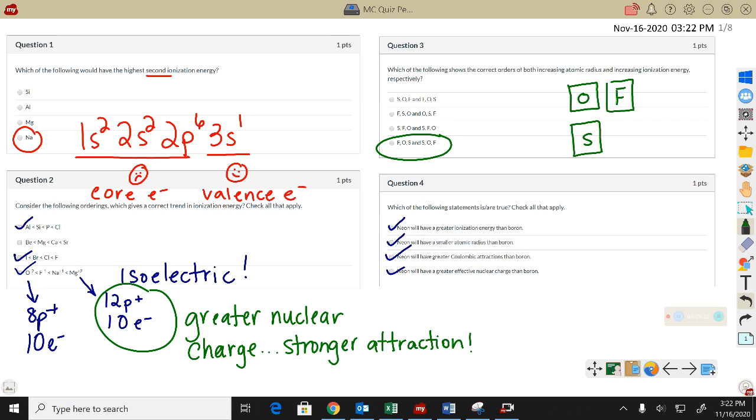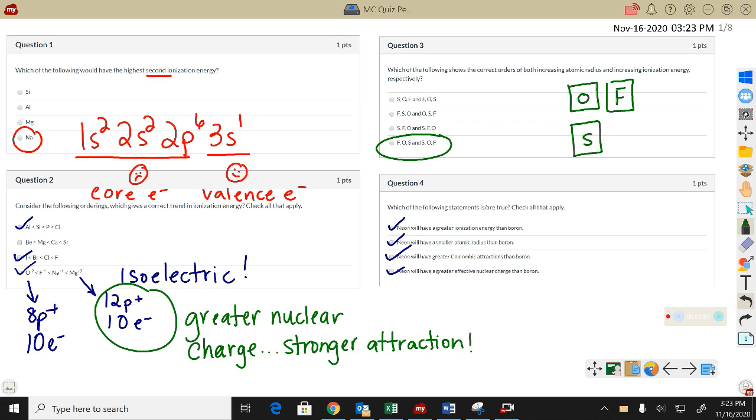But then between oxygen and fluorine, fluorine's got an extra proton, an extra electron. That's going to create a stronger Coulombic attraction, right? When the charges are stronger. And so fluorine's going to be a little bit smaller. And so my trend would be fluorine the smallest, then oxygen, and then sulfur the largest, with electrons in more